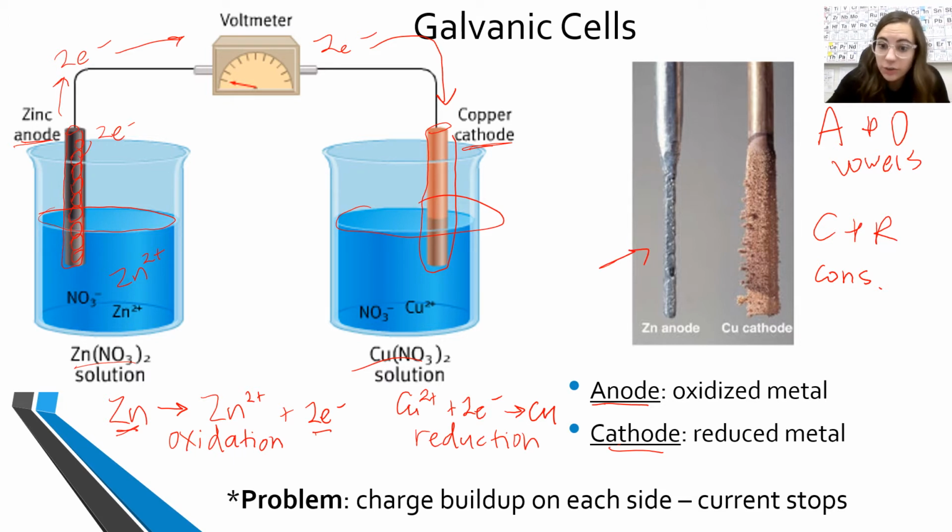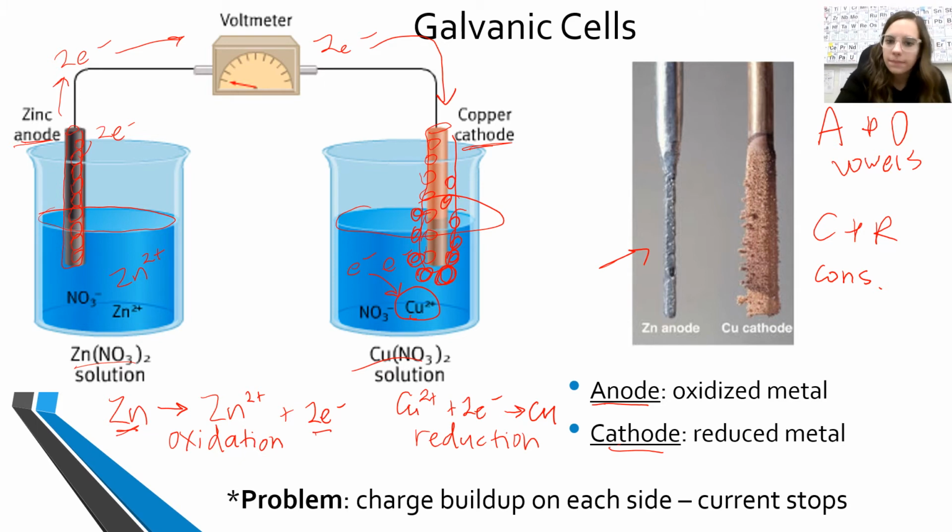We literally lose parts of that piece of metal because the solid atoms are giving up their electrons and becoming aqueous ions. Now, as those 2 electrons travel to the copper, a neutral copper atom in the metal can't accept electrons, but these copper 2+ ions can. So as these 2 electrons come in contact with a copper ion, it becomes solid copper and starts to deposit